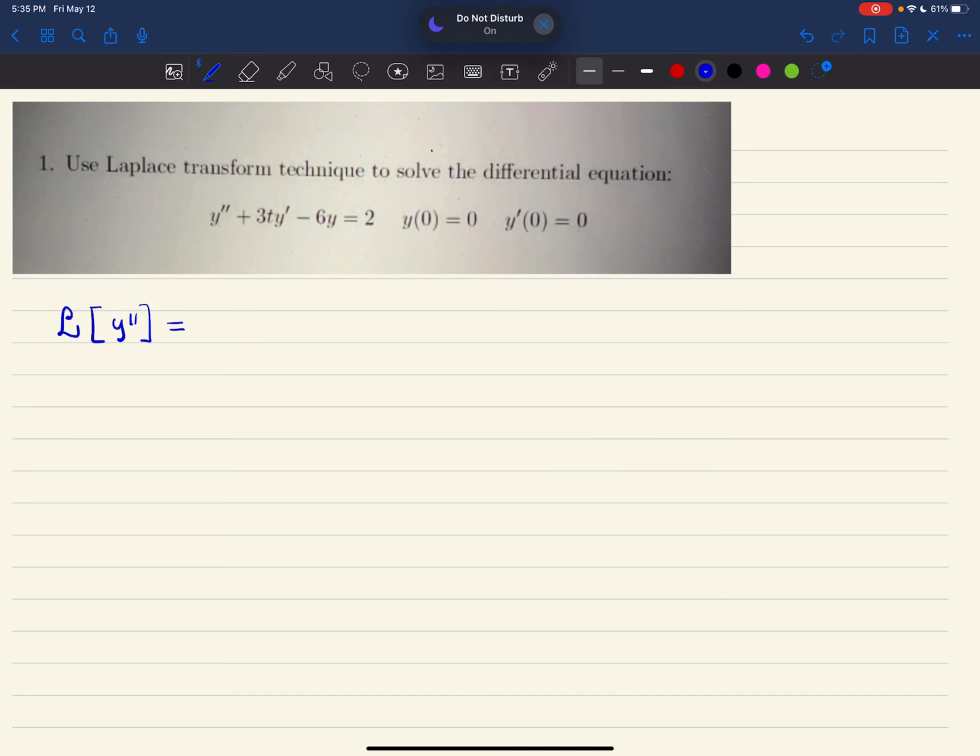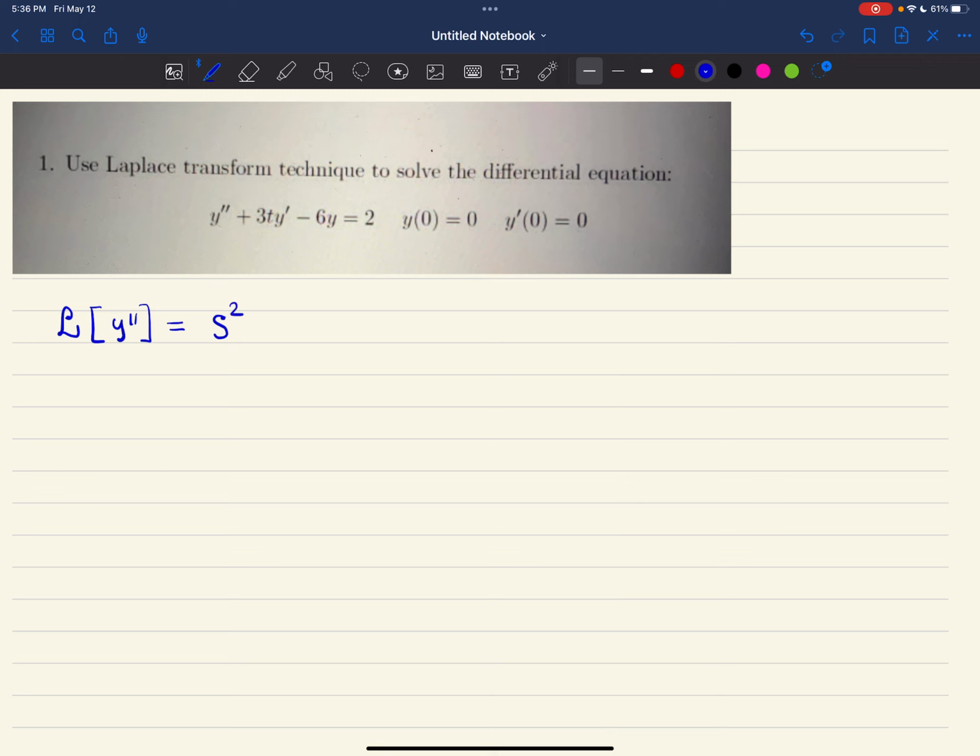Okay, let's talk about how to solve this question. So we have y double prime. Let's take the Laplace of that. You would have to use your formula sheet or a formula table to figure out the Laplace of y prime. And when you do that, you would see that Laplace of y double prime will be something like s